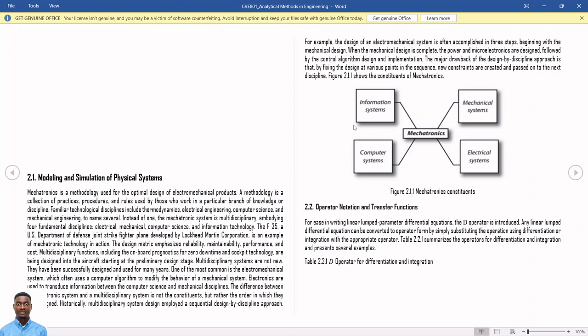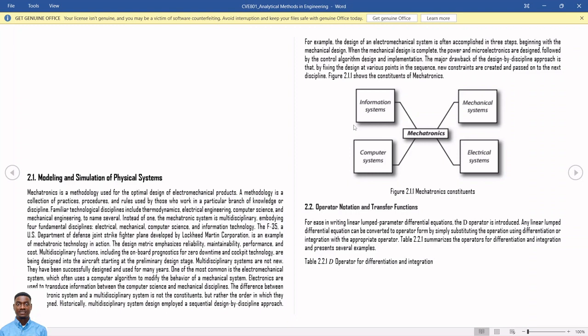And that will require a computer algorithm that would measure the speed of that electromechanical system while it is in operation, and try to do any correction in terms of voltage when the required speed at the output is different from what the sensor is measuring. So you can be having something like a PID controller in that sense that would compensate for any error from the input to the actual output. So that's just an example of an electromechanical system that is being used in daily operations.